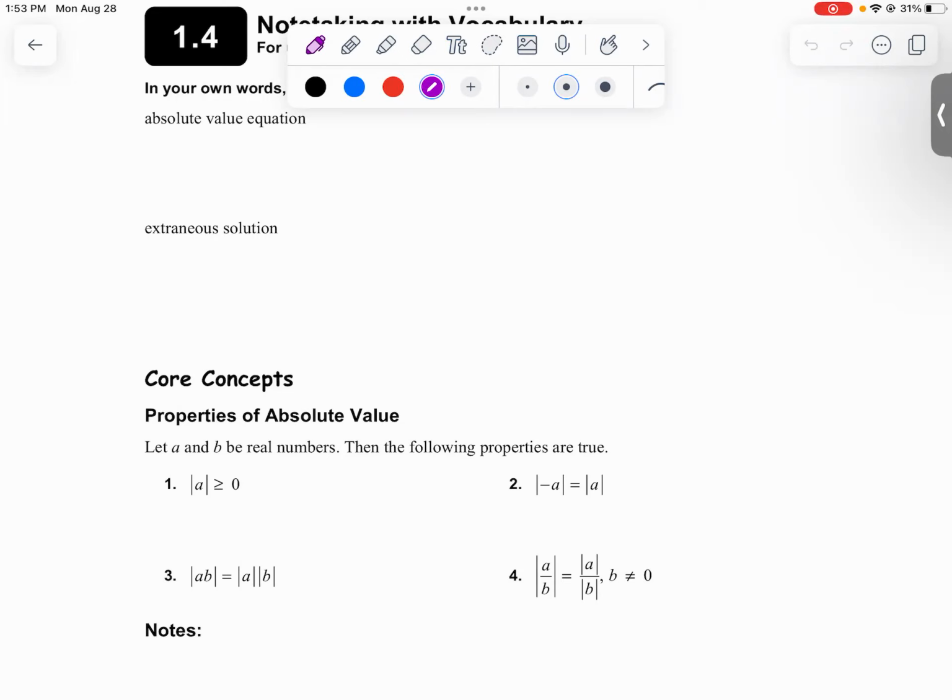Behind Henry's head, on Friday, it says we're gonna review because our chapter 1 test is on Thursday. Now, I know that next Thursday seems far away, but if we didn't have a 4-day weekend, it would be like a Tuesday, right? So we are gonna talk about 1.4 today. You're gonna have a graded assignment tomorrow. We're gonna talk about 1.5 on Wednesday and Thursday. We are going to start reviewing Friday. We have a 4-day weekend. And then Wednesday we'll continue to review for our Thursday chapter 1 test.